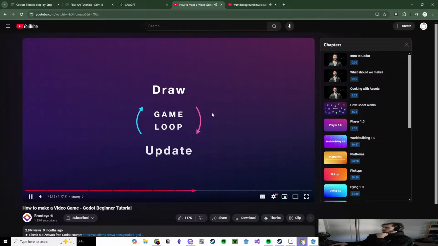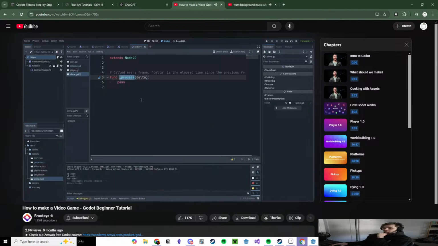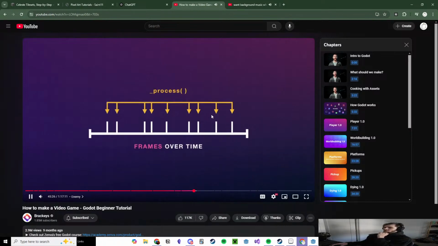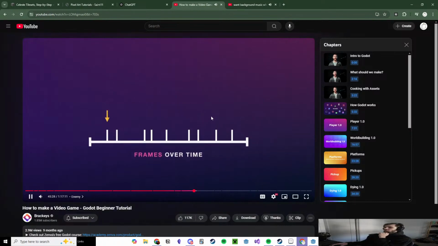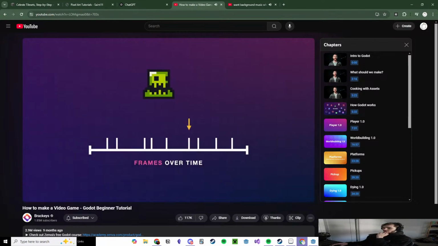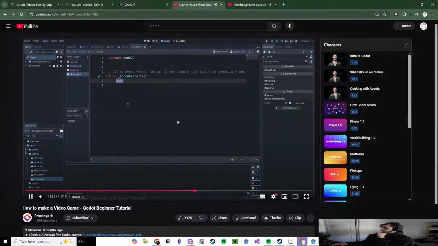Godot of course does this automatically, but we can add functionality to the game loop using the other function in the template, process. Unlike ready, which only runs once, process runs every frame. This makes it perfect for doing things over time, such as moving an enemy. We simply make sure to change the position of the enemy a tiny bit each frame. So in our script, we can simply remove the pass keyword and instead access the position of